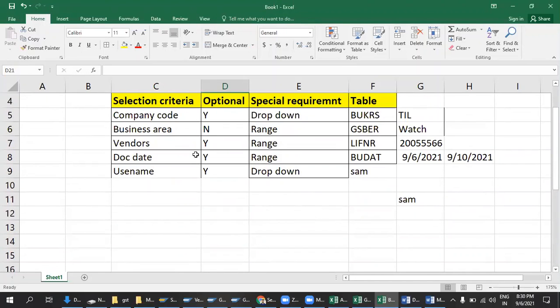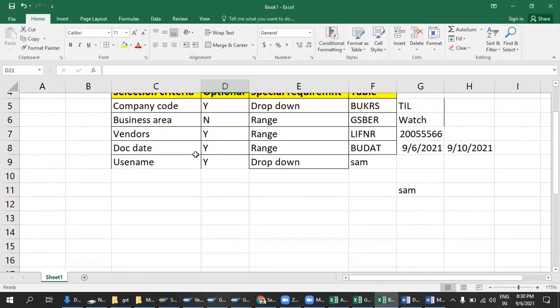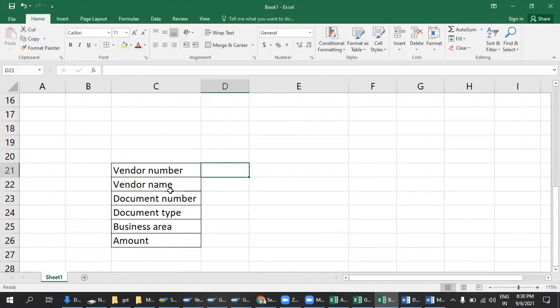The user is asking to fetch only the open items, so here we have to go with open items only. For everything, there is some proforma to write that logic. So first I will write the logic, then I will explain. In output criteria, I want to display these output fields. So I want to display vendor number. If you want to display vendor number, we have to give the logic. The logic is,